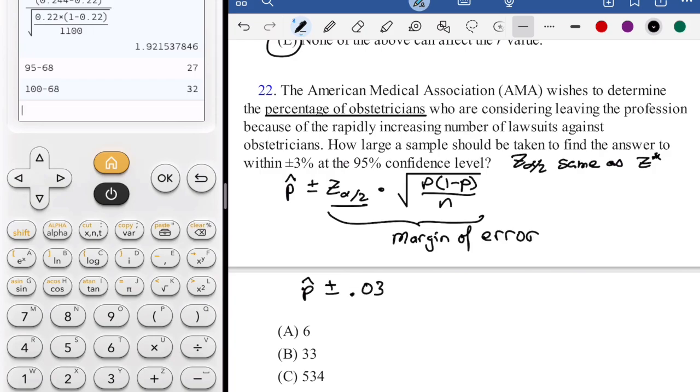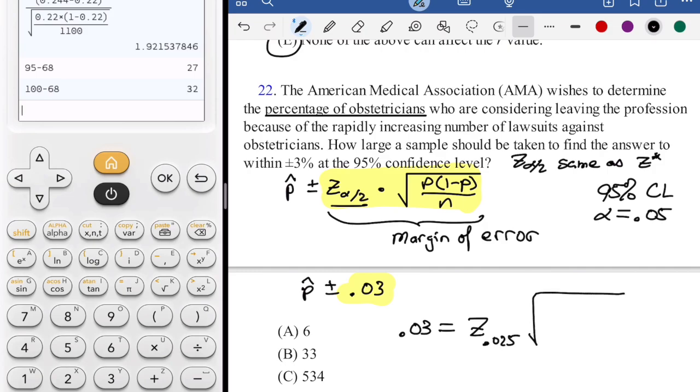All right. So we're equating these two to one another. So these two are equivalent. So I would do 0.03 is going to be equal to Z sub the 95% confidence corresponds to an alpha of 0.05. So an alpha over 2 would be 0.025 times the square root of P times 1 minus P